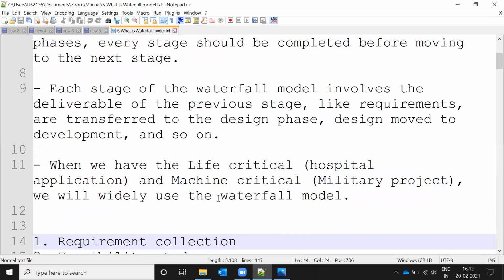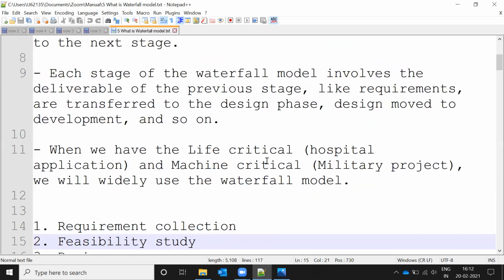Here, when we have life-critical systems, in the design phase the waterfall model basically suits fixed requirements, like hospital applications and military applications. They can use the waterfall model because once they develop an application, there is a fixed requirement that will not change in the future.